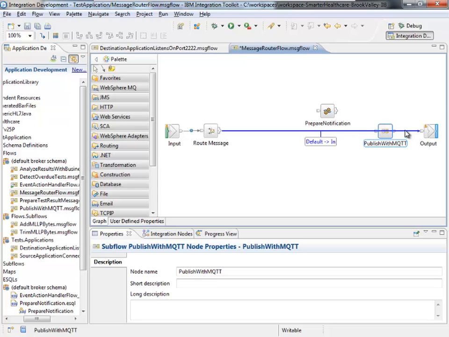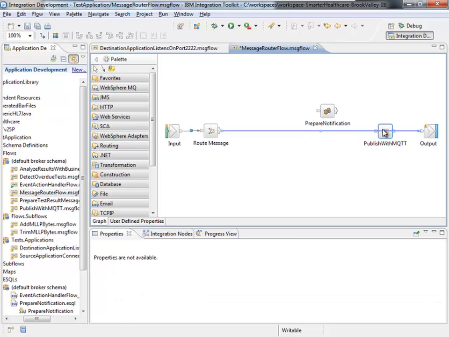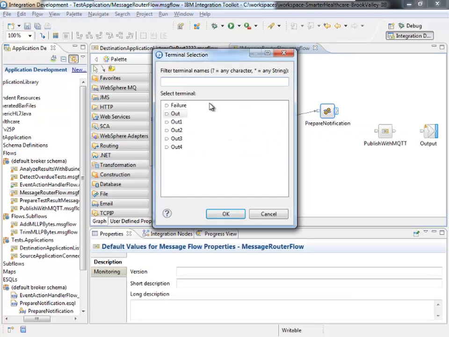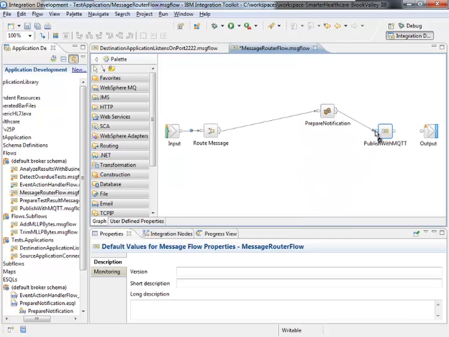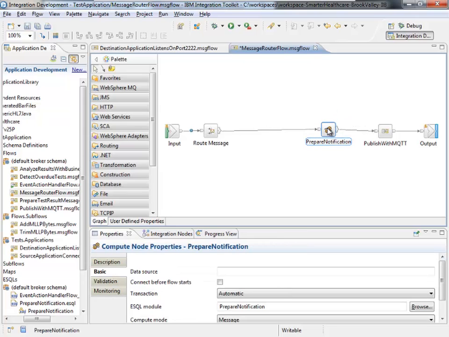Okay, so let me take this first one and connect it up to prepare notification. I'm going to go from prepare notification. It has a bunch of different terminals that we can come out of. I won't go into the details of what that is, but ultimately I connect these up into my flow, and I now have my updated message flow, which is going to prepare a notification. But I haven't yet said what messages I actually want to route through this particular flow. Now there's only one flow, so I could set it up to be the default. But let's be a little bit more specific, and we'll add additional things to this as we go over time.